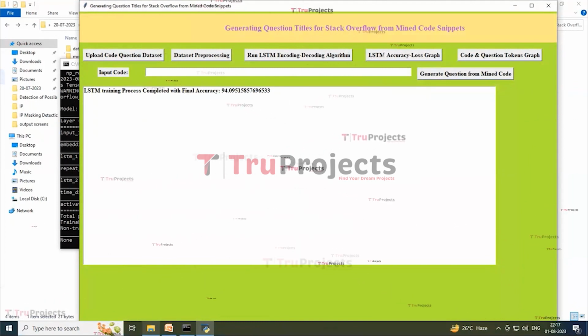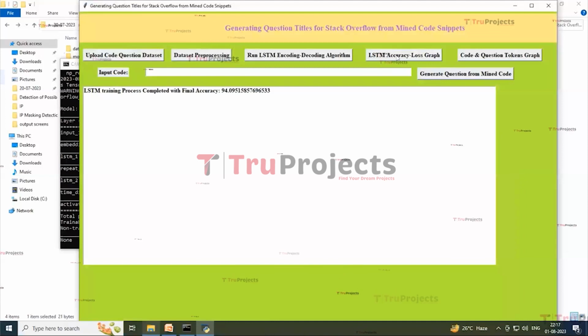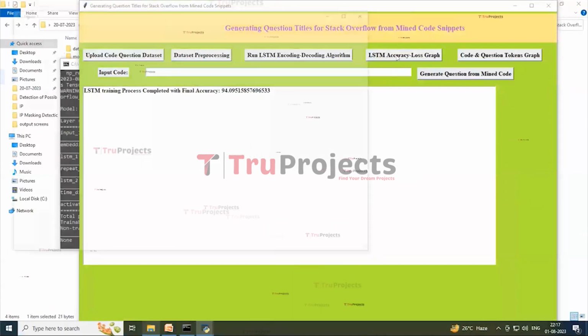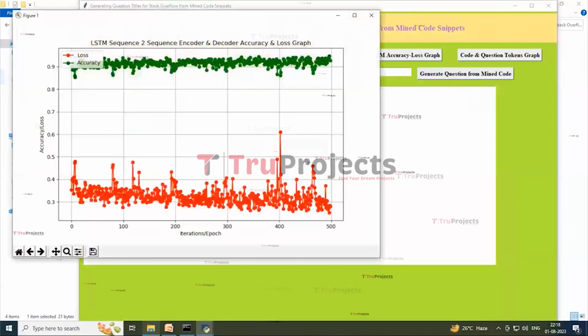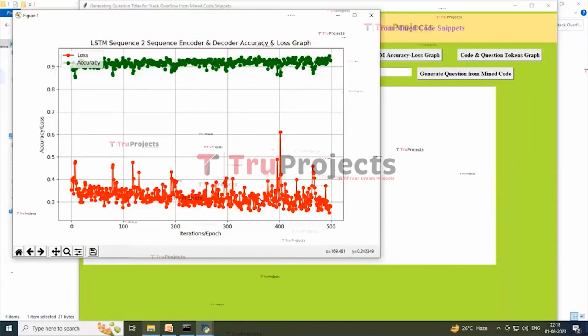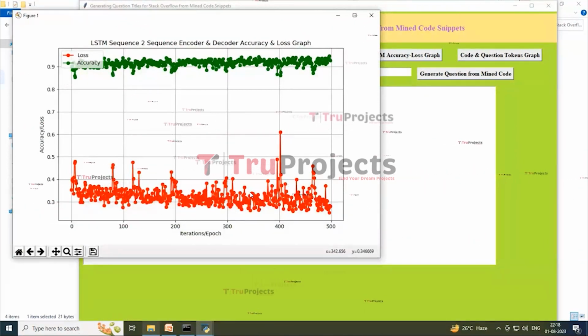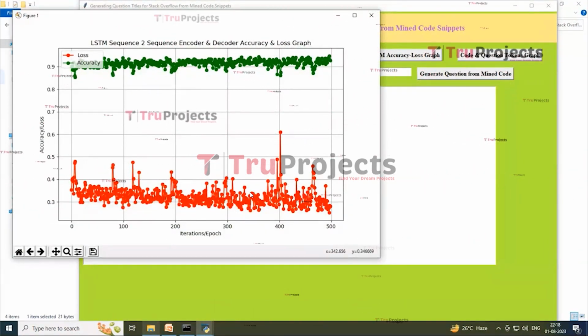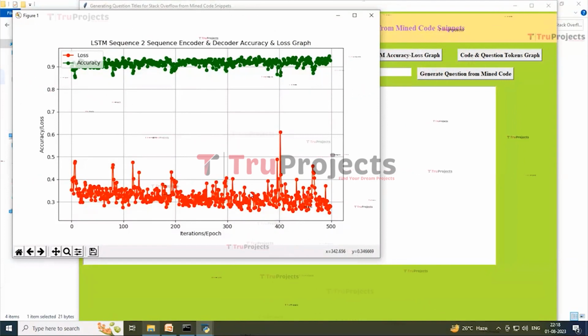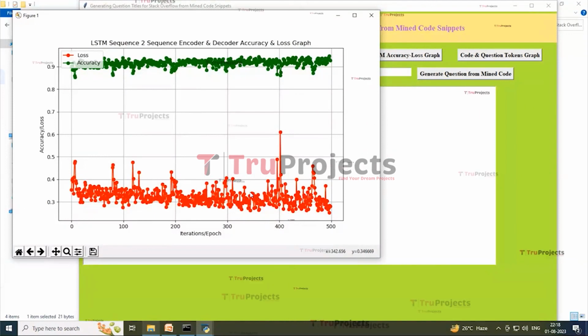So now click on the LSTM accuracy loss graph button to get the LSTM training accuracy graph. So here in this graph, the green line represents accuracy and the red line represents training loss. To train the LSTM we took 500 iterations or epochs, and with each increasing epoch accuracy increased and reached close to 1, and loss decreased and reached close to 0. So now closing this graph,